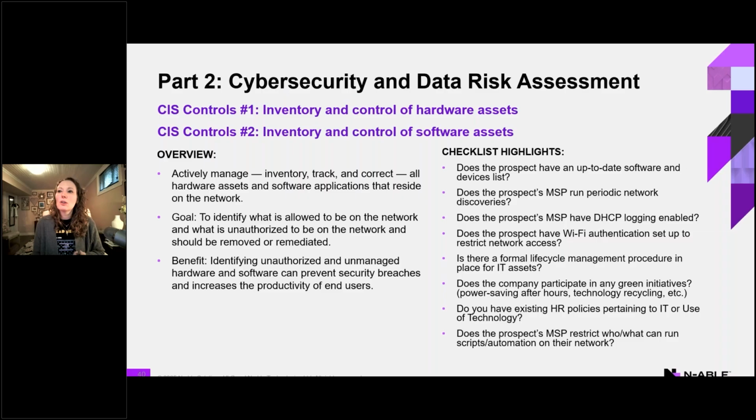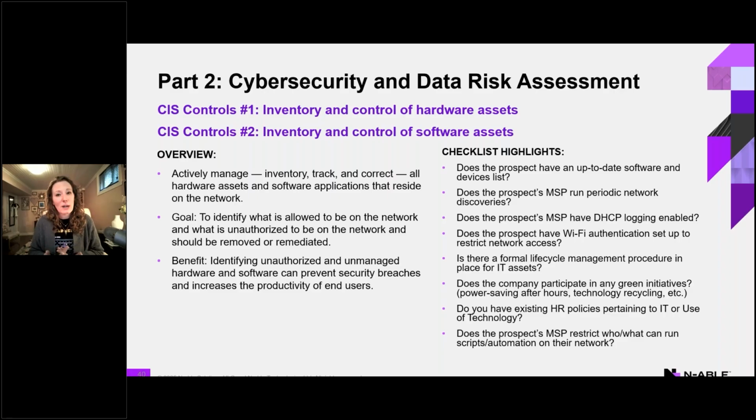All right, so this is where we're going to go through each of the different CIS controls and relate how it can be incorporated into your cyber assessment process. And so you'll see the checklist items highlighted on the right. This has been incorporated into a comprehensive document that's a tab of the prospect assessment workbook. So looking at CIS controls 1 and 2, these first two controls are all around compiling an inventory of